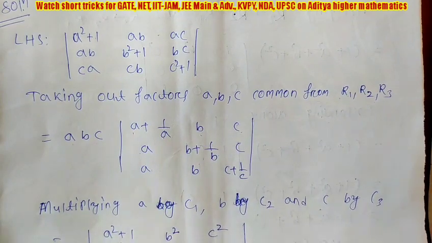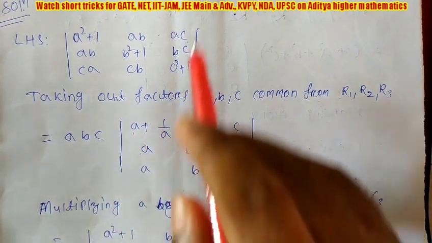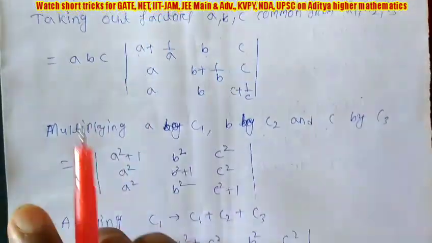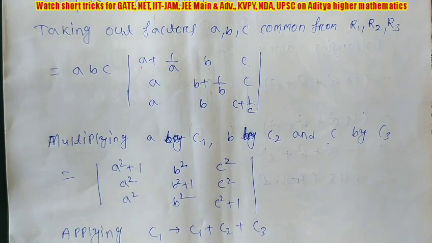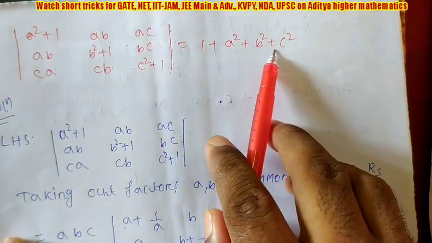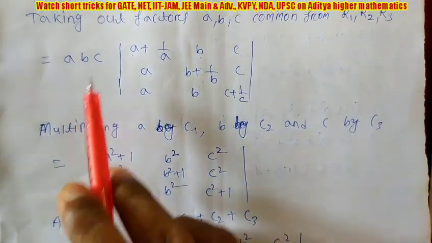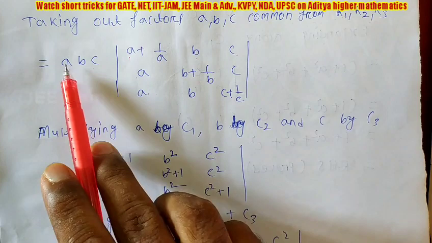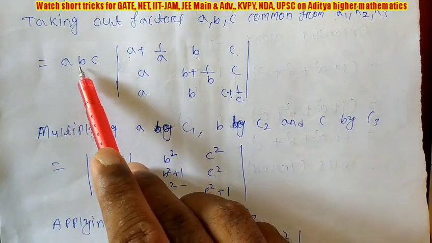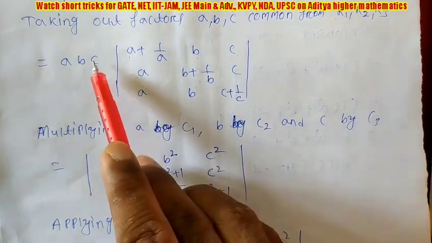Now we have taken common from the rows, but on the right hand side there is no A, B, C given. So again you have to multiply this A, B, C to the determinant. But how to multiply, this is important. You can see we need all squares of A, B, C. So how to make A square, B square, C square? You can see A, B, C given. If I multiply this A to the first column, we will get A square, A square. Similarly for B, C, you need to multiply B with the second column and C with the third column.